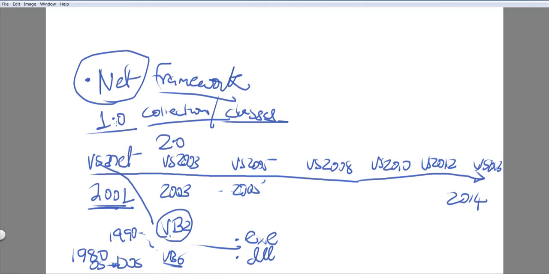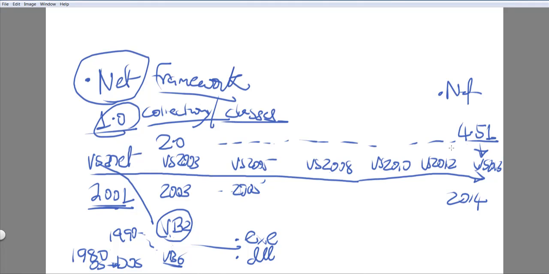So originally it was .NET Framework 1.0 because .NET was new. So the framework was in its infancy stage. Then as time progressed, they started to add more and more classes into this .NET, and as they added more classes, the version got enhanced. So today, at the time of this recording, we are at .NET version 4.51, meaning that with Visual Studio 2013, in the year 2014, right now we use .NET Framework